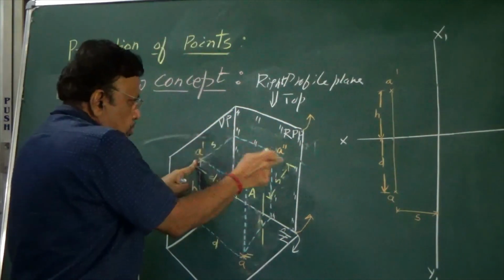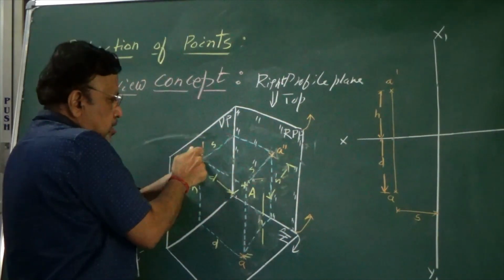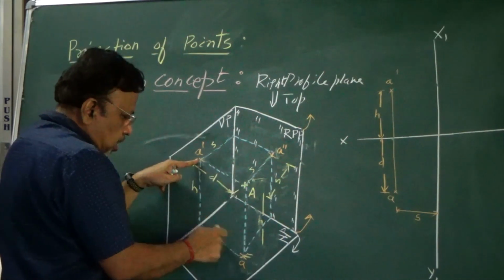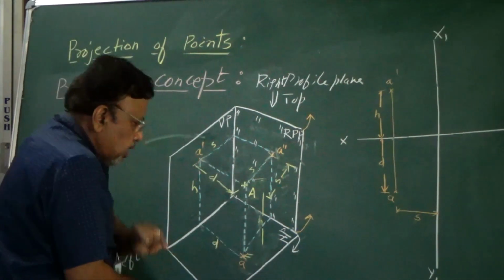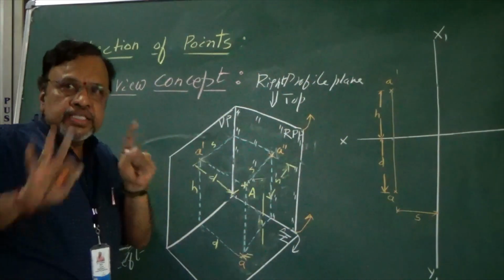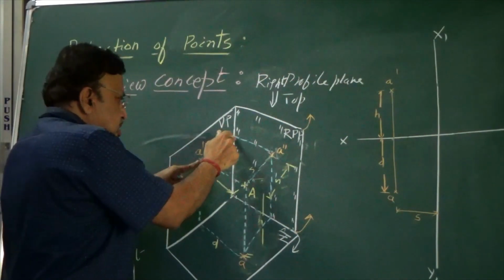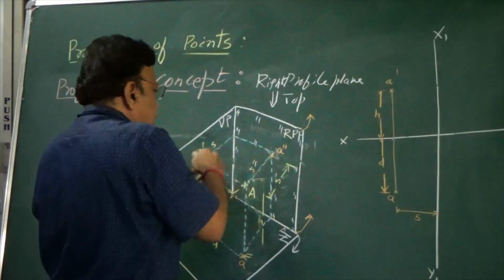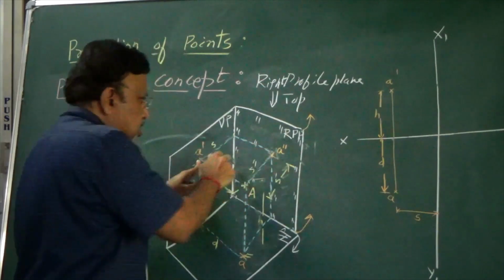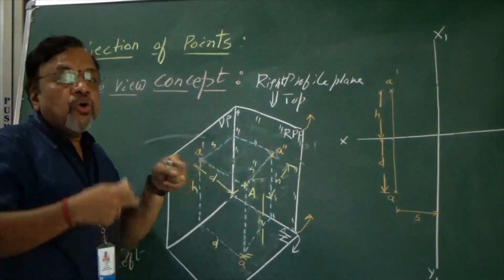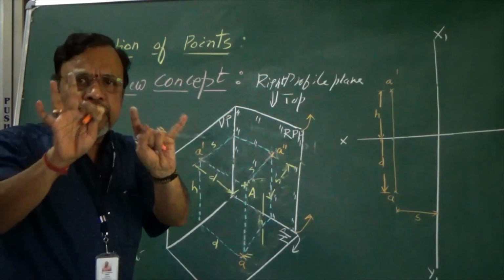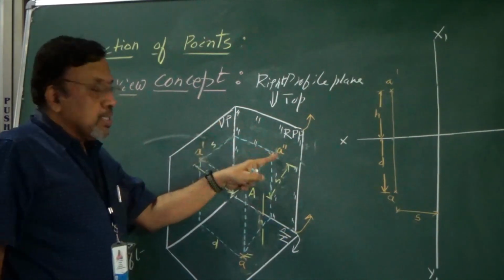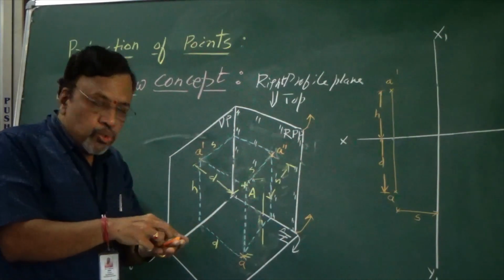Now what about these two projectors we have shown here? Similar to what I told you in top view and front view, this is a projector, this is a projector, perpendicular. Once I rotate, they will become on the same line. Similarly now, this distance and this distance are perpendicular. Once I rotate, what will happen to these two vertical projectors, the perpendicular projectors? They will become parallel. Or simply I can say that your A double dash will be in line with front view.